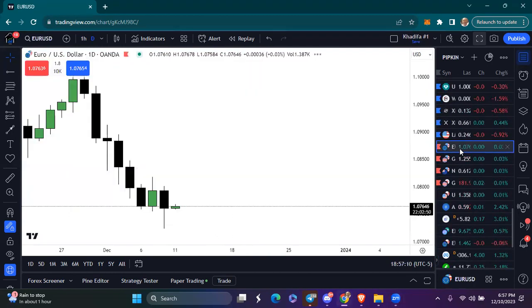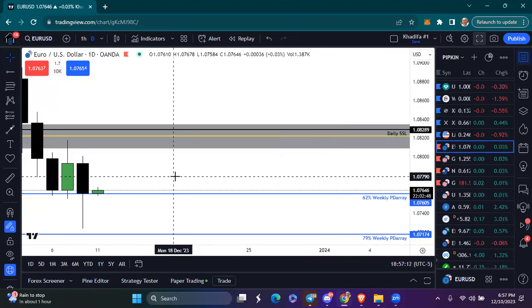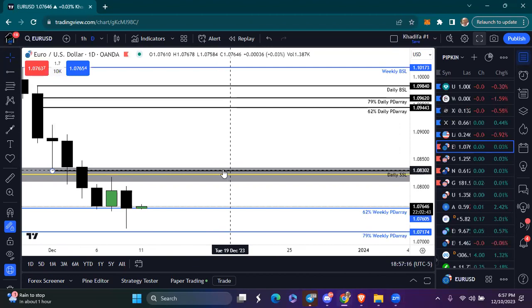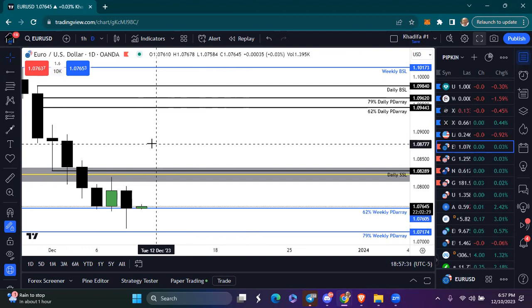So let's look at currencies. Now, I didn't throw my levels on currencies. You can do that yourself. But you know that currencies are inversely correlated with the dollar. So if you're bullish dollar, you should be bearish currency. If you're bearish dollar, you should be bullish currency. So being that I'm bearish the dollar, I am bullish currencies this week, and I do expect us to pull